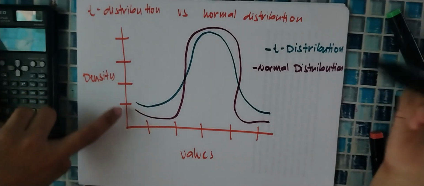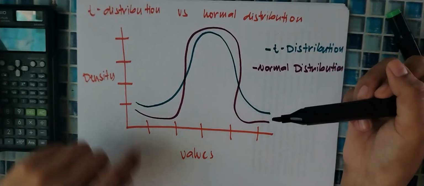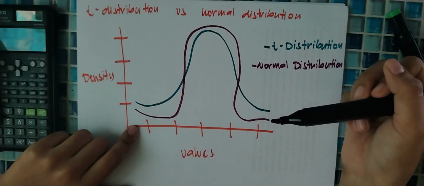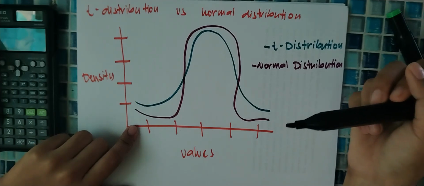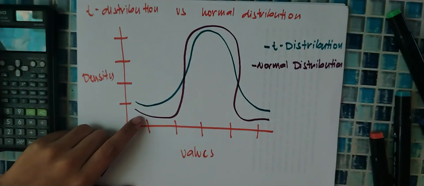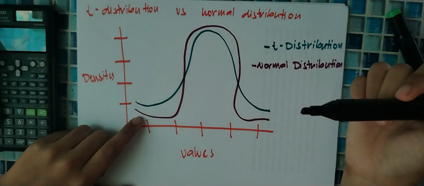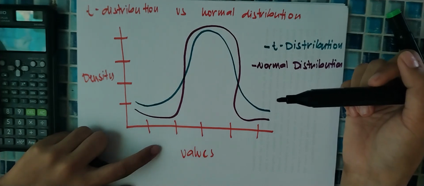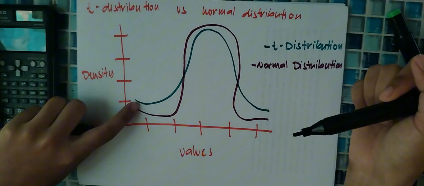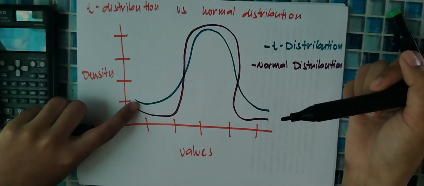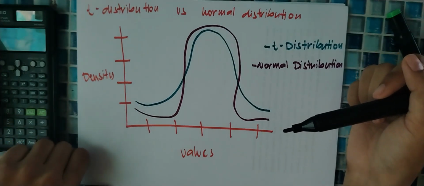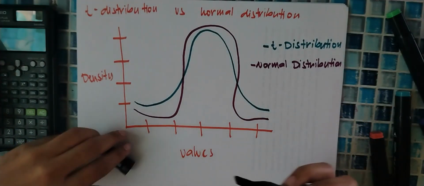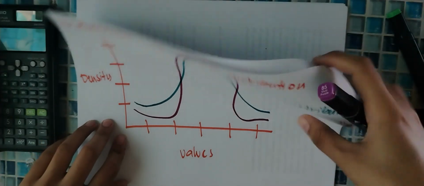So if we look at the graph of the t distribution, we can see that it looks similar to the normal curve but with heavier tails. This simply means that when we have small samples, there is more uncertainty, and the t distribution reflects that by spreading out more. As the degrees of freedom increase, meaning as our sample size grows, the t-distribution becomes narrower and eventually becomes almost identical to the normal distribution. So that's it. Let's proceed to the next.